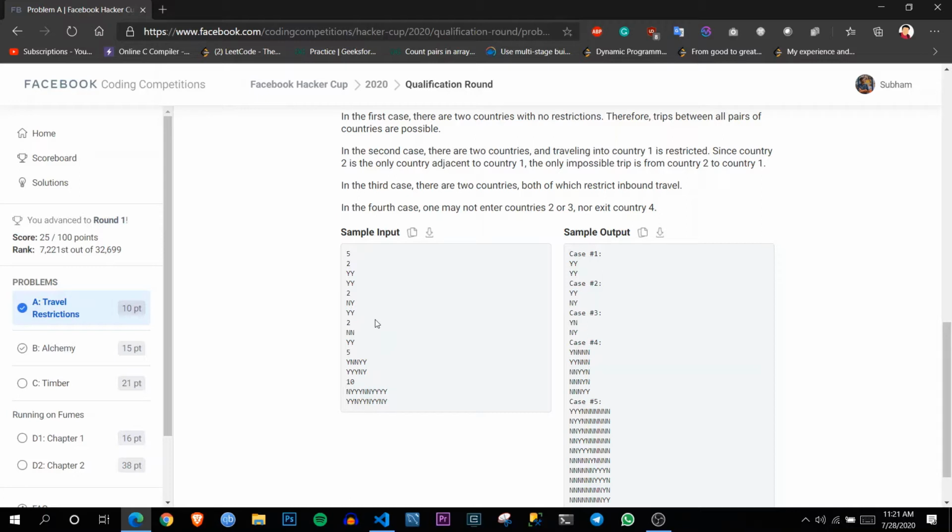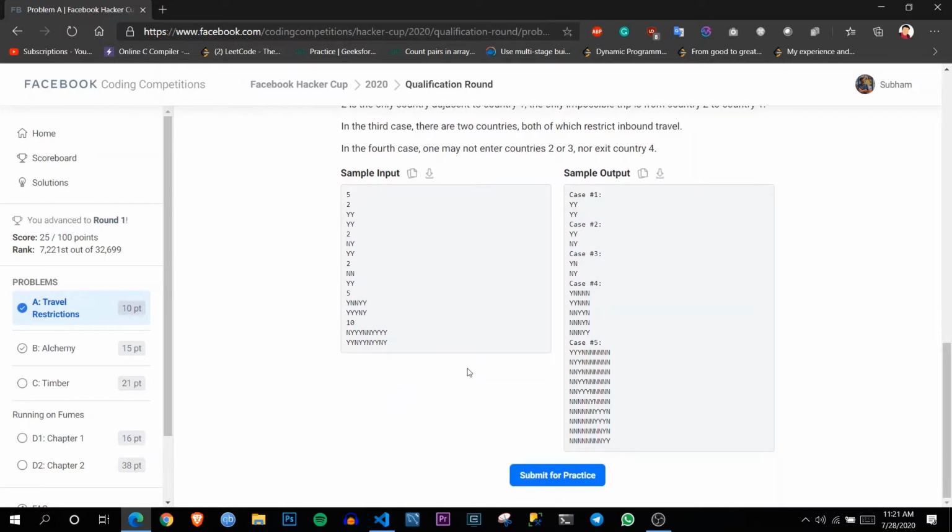And if the output string of that particular city is yes also, that means going out from that city is also possible. So if a city has incoming as y and outgoing as no, that means you cannot go out from there, but any other plane can come inside. So this is what is given, and we have to find out this matrix or this output where we have to print, from which city what all other cities are reachable. One other constraint given here is that we cannot jump between cities. We can only travel between adjacent cities.